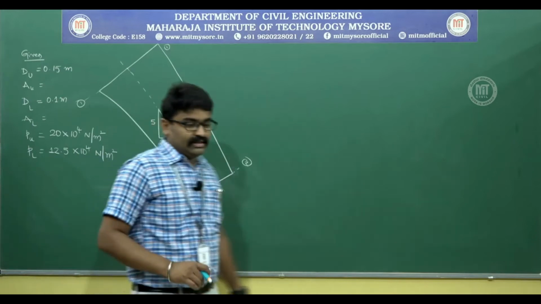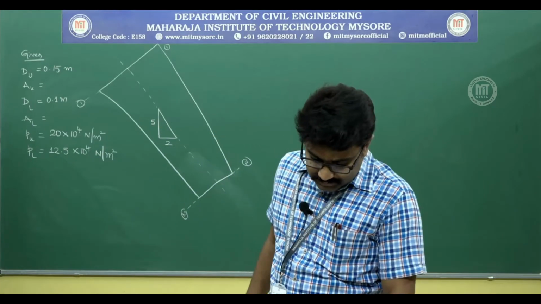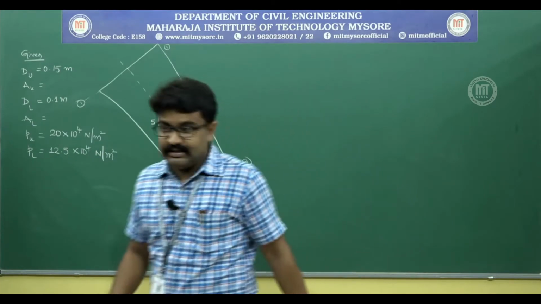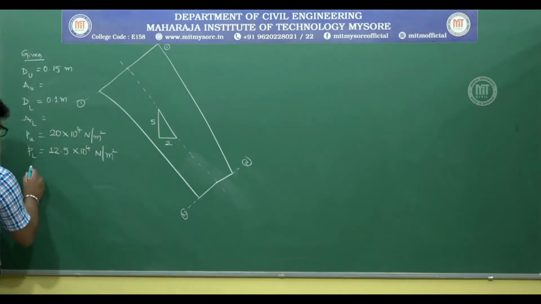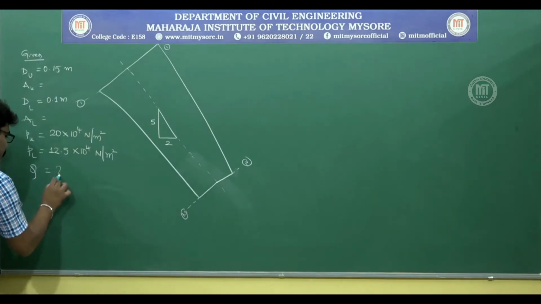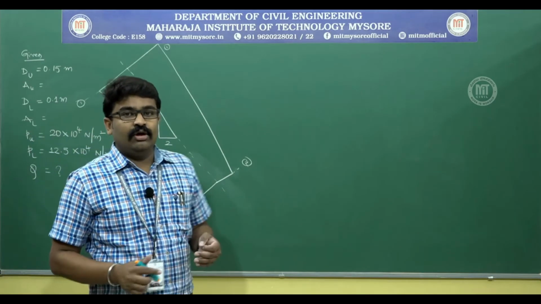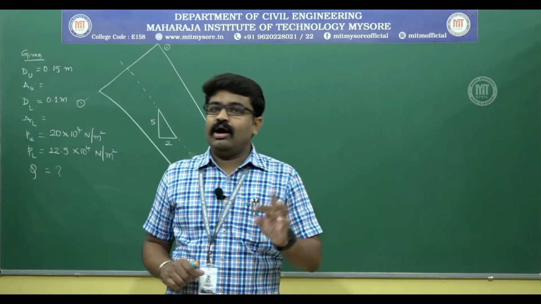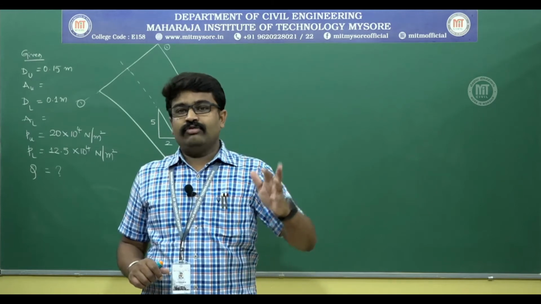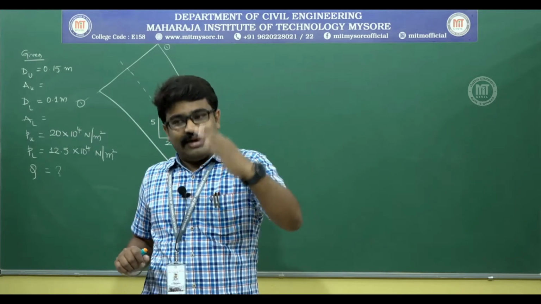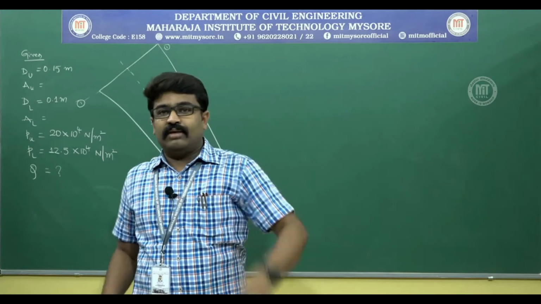And one more thing that is given, that is it. That is the data set you have. Using this, you will have to find out discharge. Where we actually have discharge, I have already told you, either you should know A1 V1 or A2 V2. Now you know both A1 and A2. If you can find V1 or V2, problem is solved.